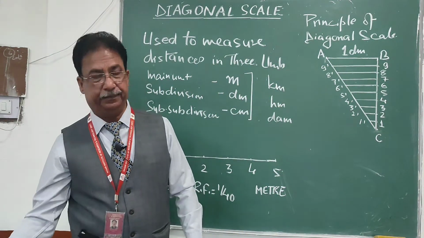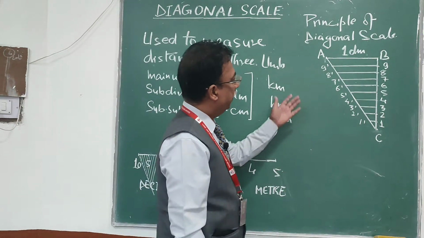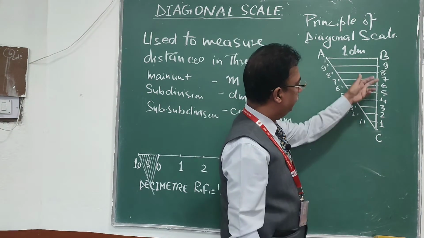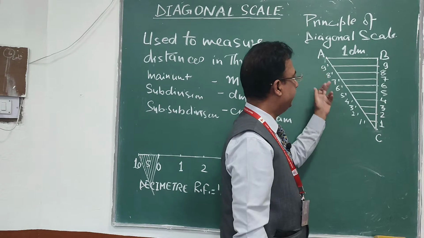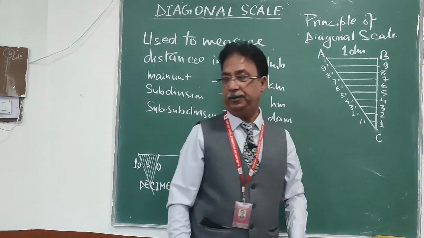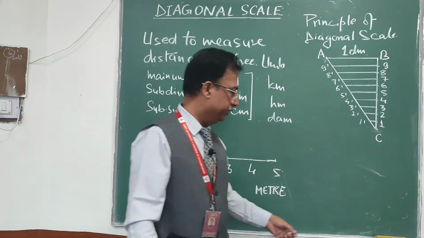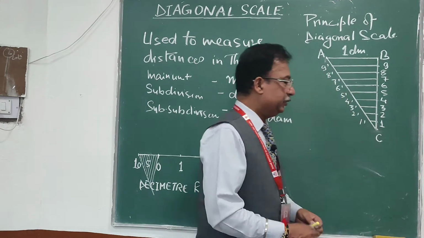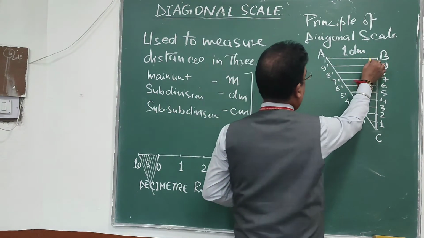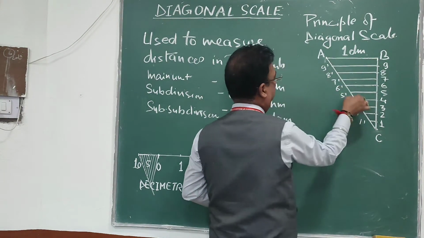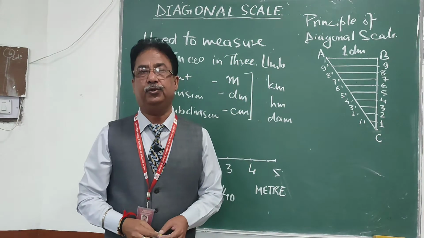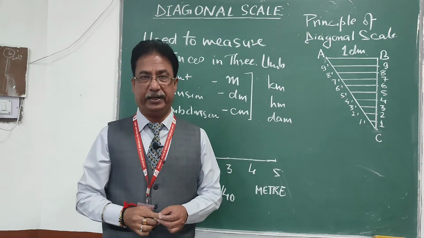Now look at this figure. In this figure there are a number of triangles. The biggest triangle will be ABC, then C9 9 dash. The smallest triangle will be C1 1 dash. If you look at these two figures, this common angle will be 90. This is also the same angle. So the third angle will also be the same. So all these triangles are similar triangles.